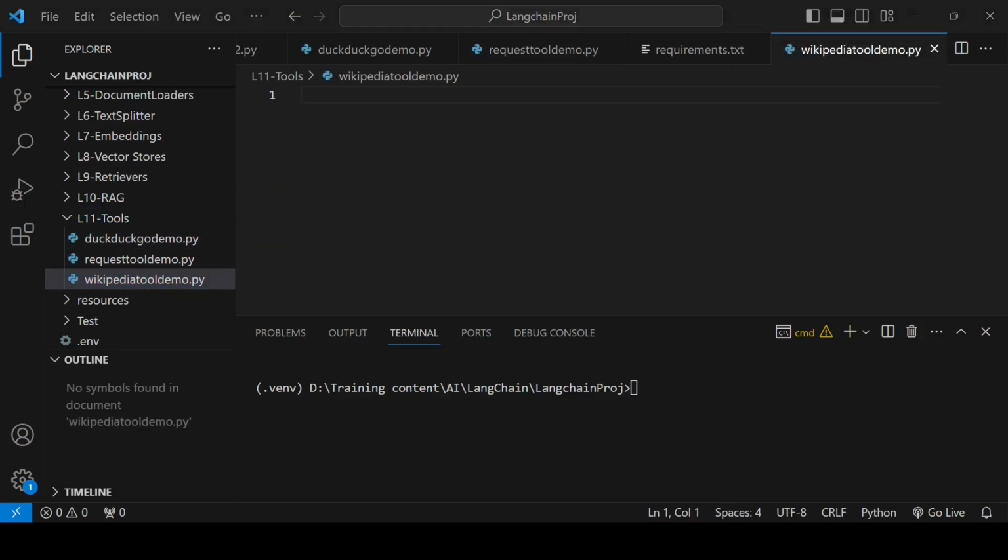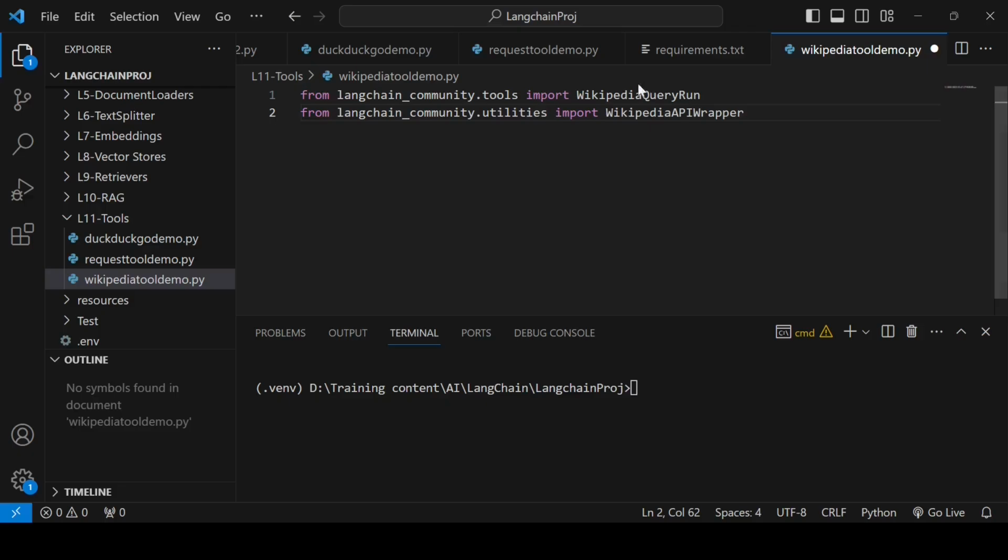The imports are: you'll get the tool, which is WikipediaQueryRun, and you also get from utilities WikipediaAPIWrapper. This is actually a wrapper which calls the Wikipedia API. So this is actually the main thing here. That wrapper in turn you'll wrap within the WikipediaQueryRun tool to make it a tool.